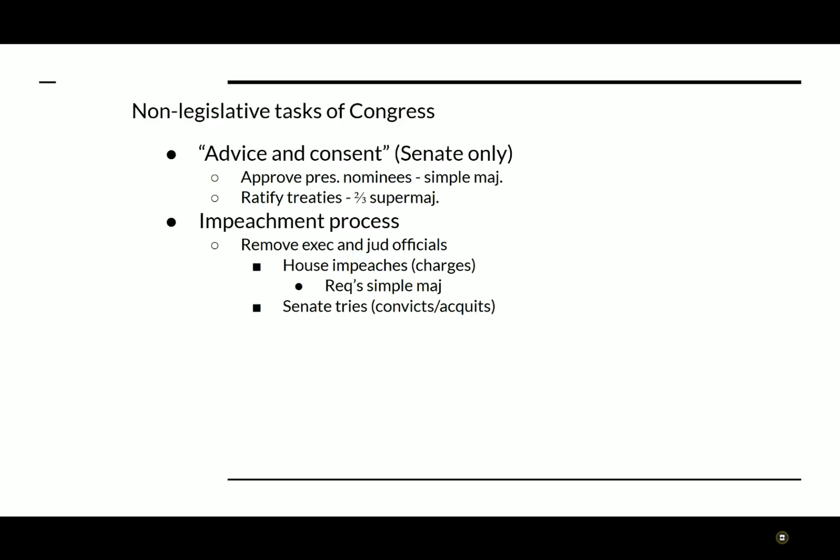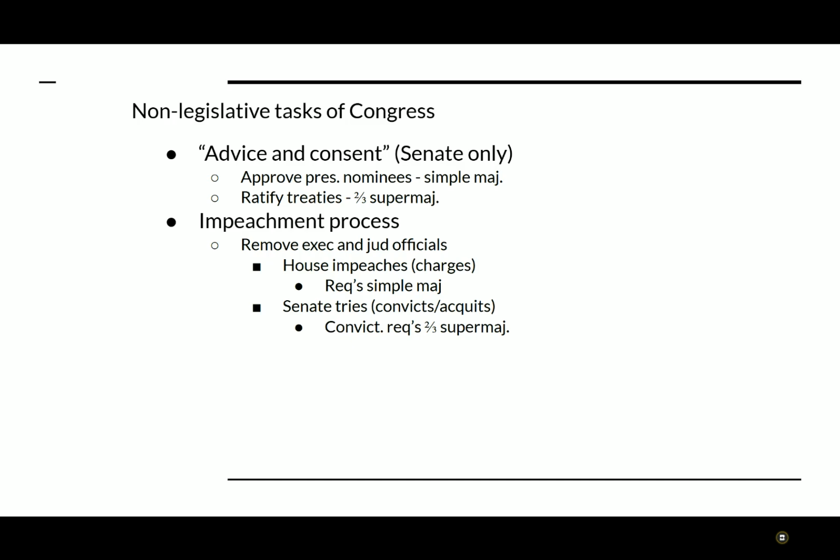The Senate is responsible for then trying the impeached official. Okay, so the Senate does not impeach. The House impeaches and the Senate tries. And the result of that trial can be a conviction or an acquittal. And here we're talking about political consequences. So conviction by the Senate does not mean that a president or a Supreme Court justice or a federal judge would be fined or imprisoned, but it does mean they would be removed from office. And